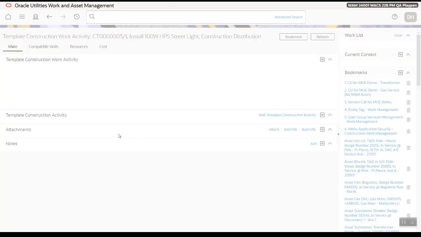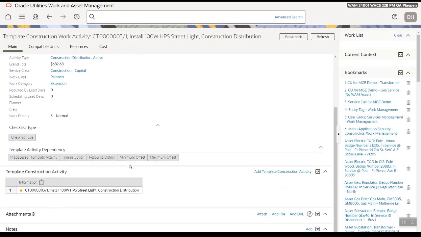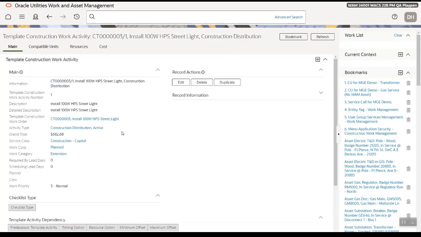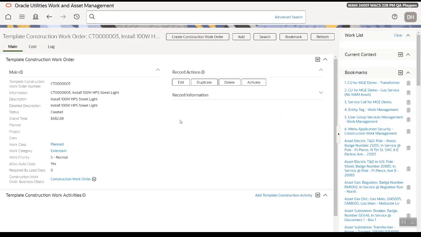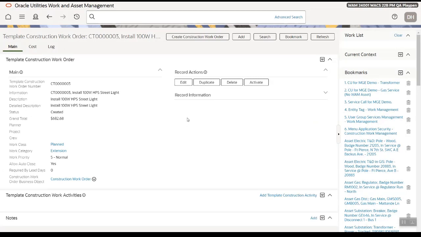Go to our main tab. I can add attachments here. I can add detail and dependency within this template work order, attachments and notes. Let's go back to the header. And all I need to do is activate this. There's no approval process, just like on the regular template work order. So now that I've activated it,